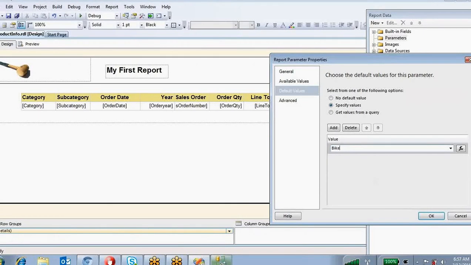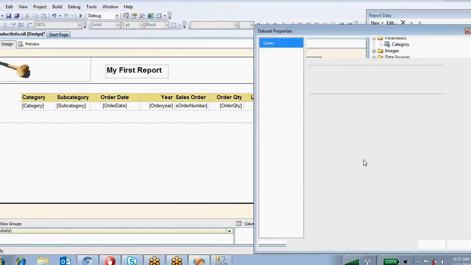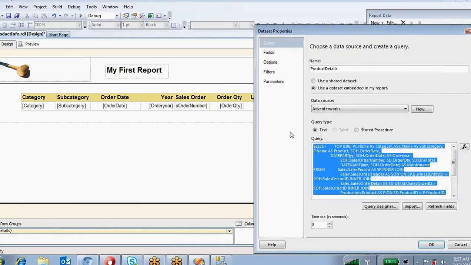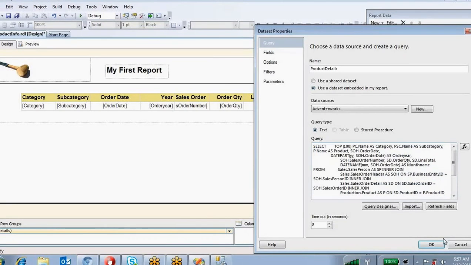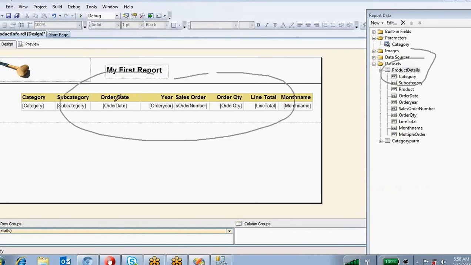Okay, so you have created one parameter. So where do you want to filter the data? You didn't apply any filter at the query level, so there is no filter. Where can you apply the filter? You can apply a filter at two levels: one is the data set level and the other is the report level.